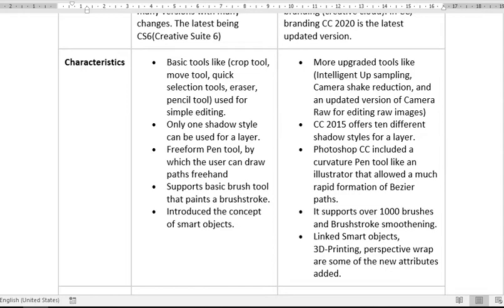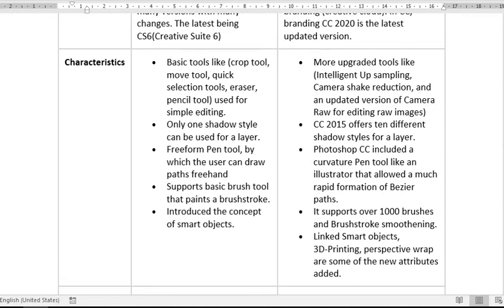In Adobe Photoshop, only one shadow style can be used for a layer, while Adobe Photoshop CC offers a different shadow style for a layer.